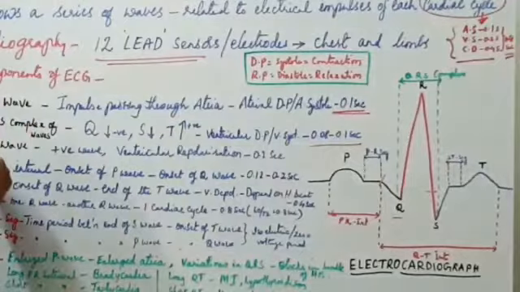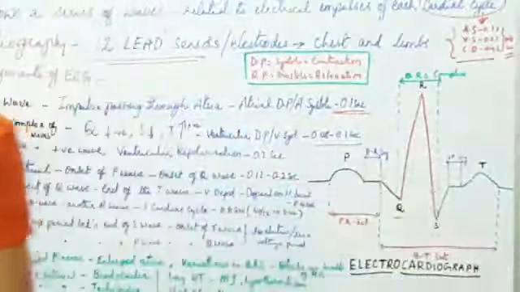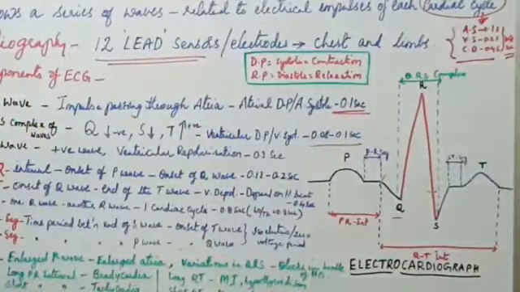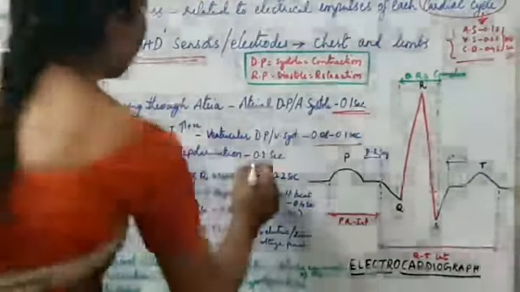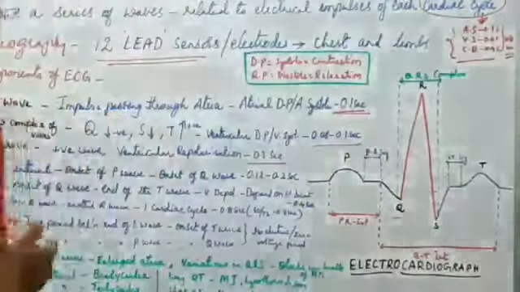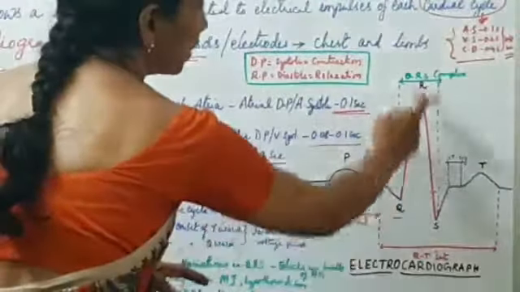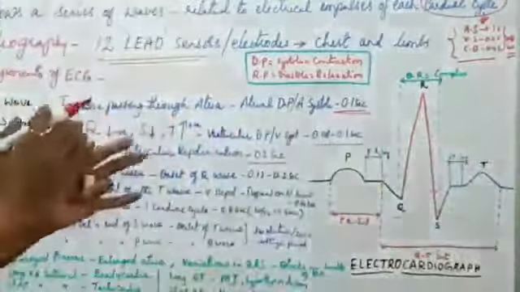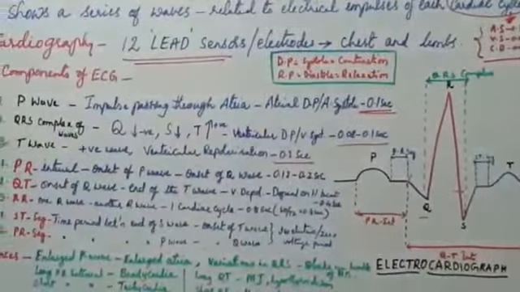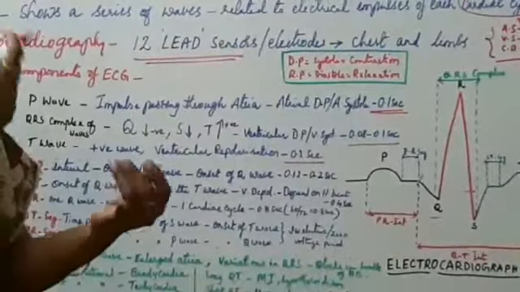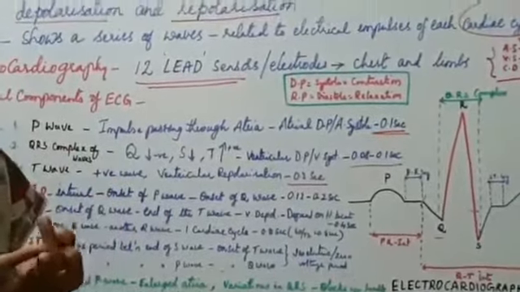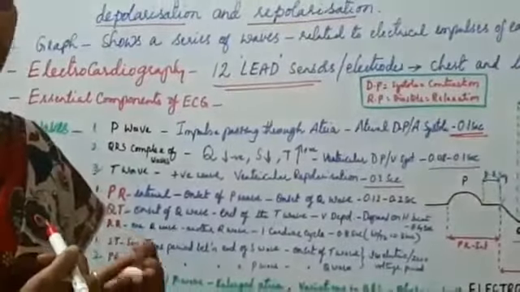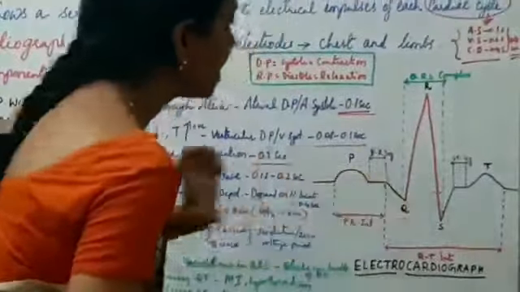Then the next one is the T wave. The T wave is a small positive wave, it is ventricular diastole. It takes 0.2 seconds. So the P wave, the Q, R, S complex of waves and the T wave together comprise the electrical activity of a heartbeat. That is nothing but a cardiac cycle. That is, atrial systole, ventricular systole and cardiac diastole take place within this cardiac cycle represented in this graph.